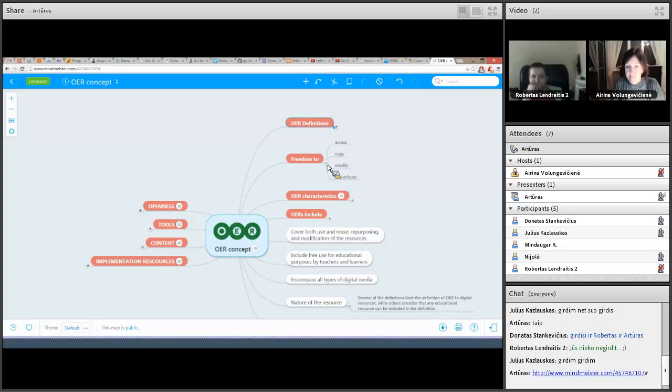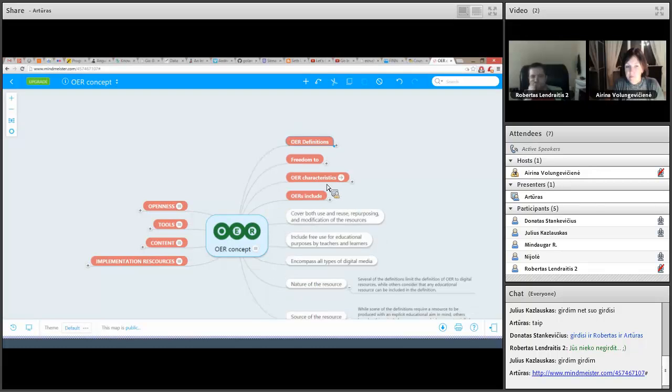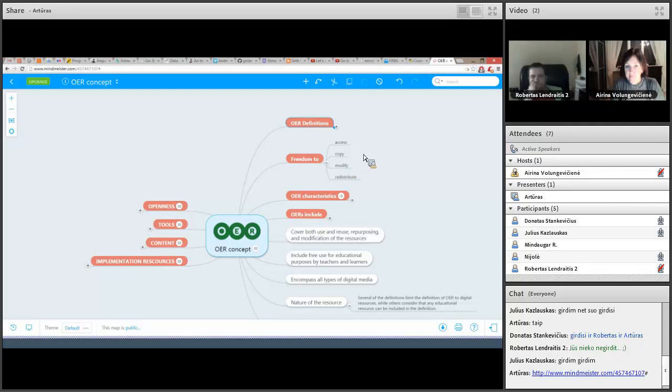It's overlapping with some other branches we did, so I don't know. But we left it here. So maybe it will be clear for someone. Maybe someone will not understand some other definitions, and we can see there's some point in this.